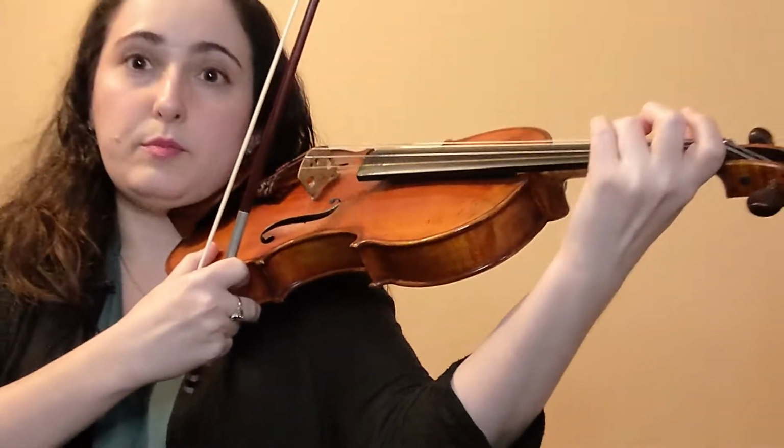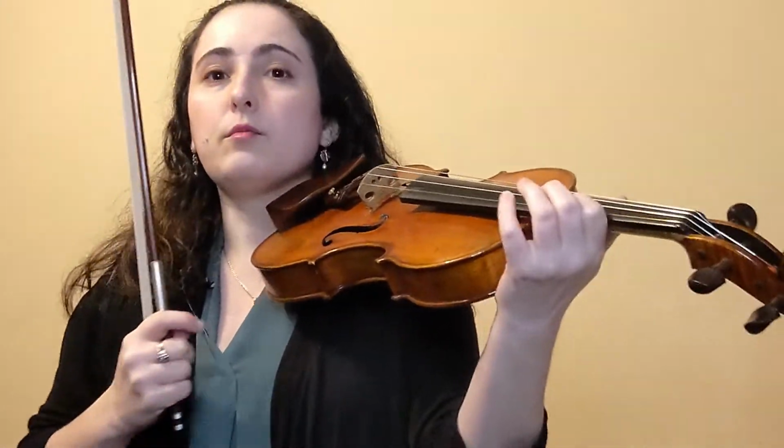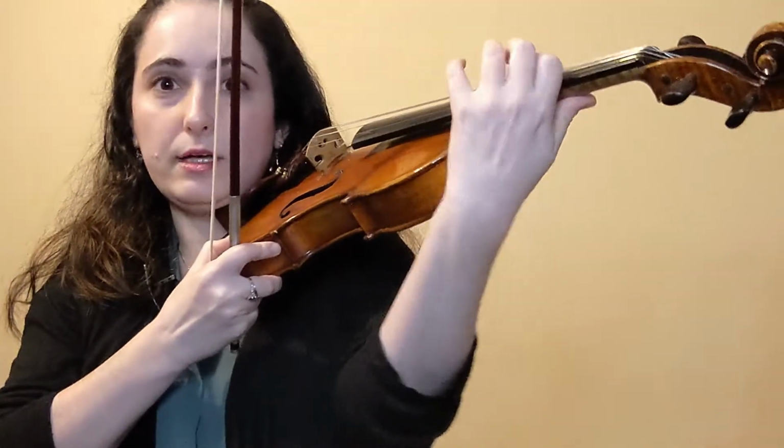So that's step 2. Now, just for comparison, I'll show you what poor weight distribution looks like. I'm going to do the same gliding motion, but with my first finger. Oftentimes, poor weight distribution happens when we optimize it for the first or second finger, and then these two fingers get left behind. So if I do the same exercise with the first finger, but I don't think about what I just did, my hand shape and how my elbow is coming around, look